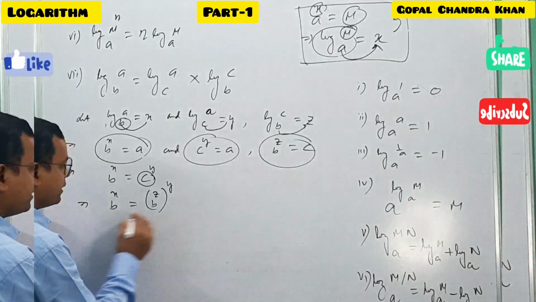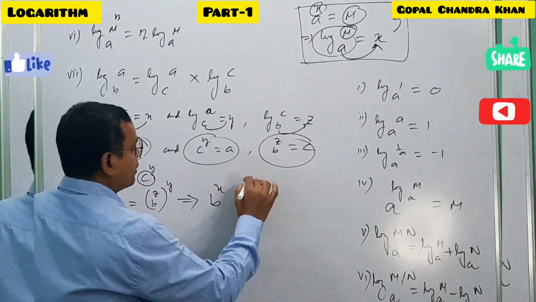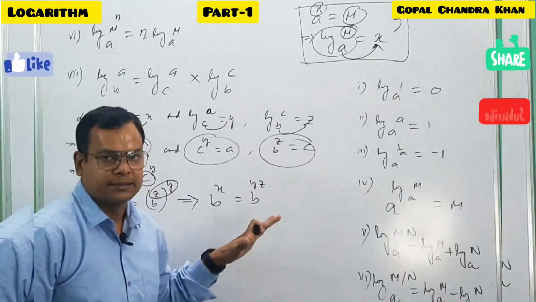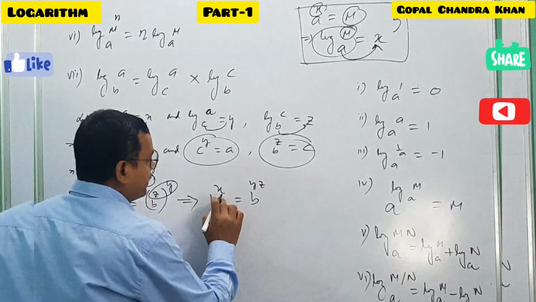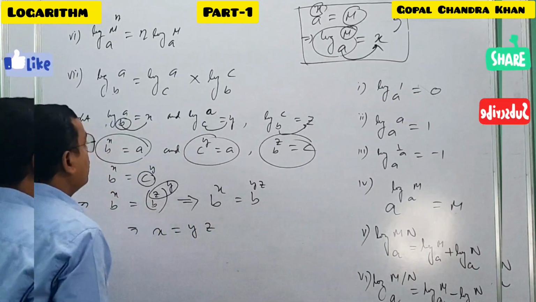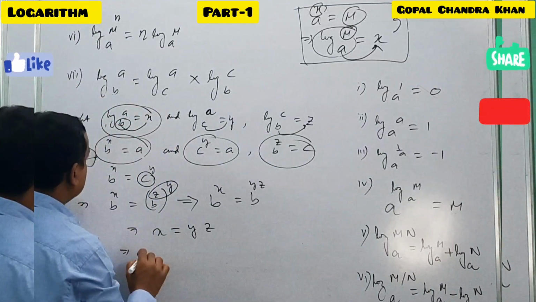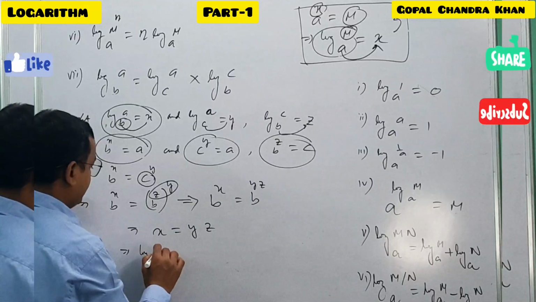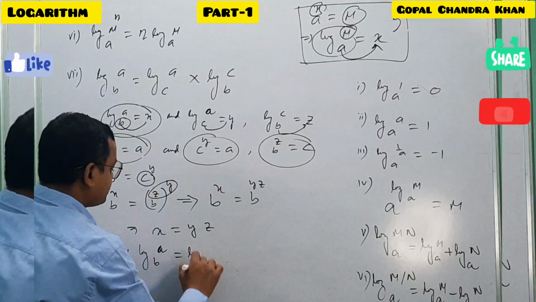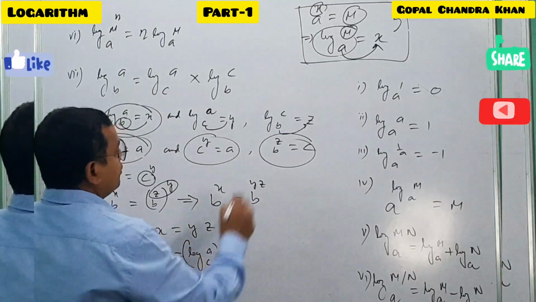That means in the final, what are you getting? You are getting b to the power x equals b to the power yz. These two are multiplying, because this is the rule of indices, right? Now b to the power x, b to the power yz, can I take x equals yz? Now what have I taken? x equals, just put the values: logarithm a base b. What is the y value here? Logarithm a base c. And z value is what? Logarithm